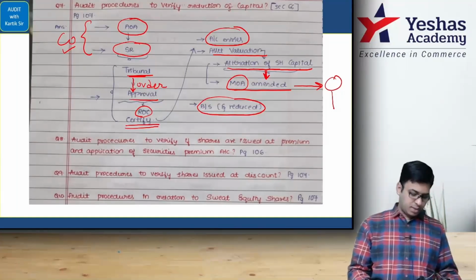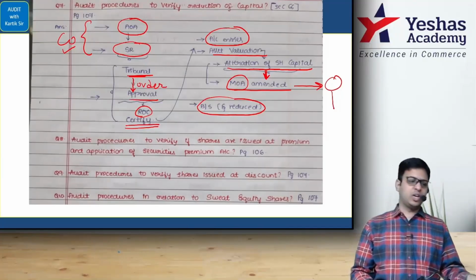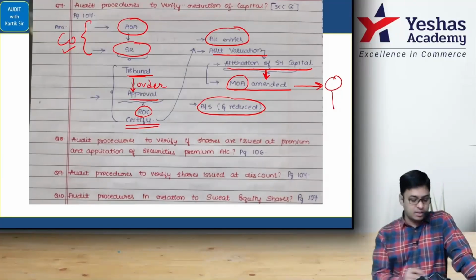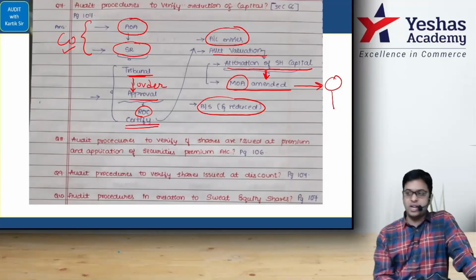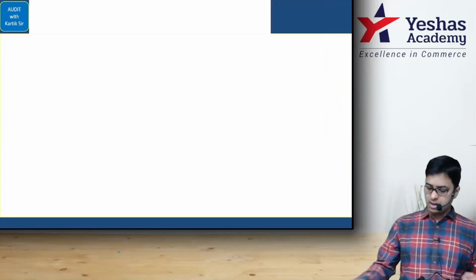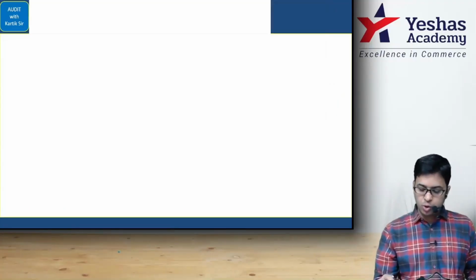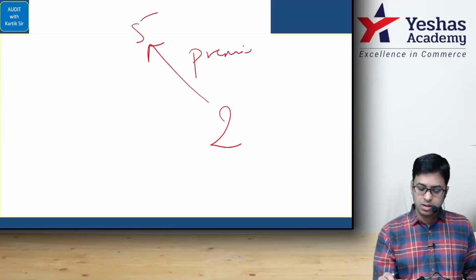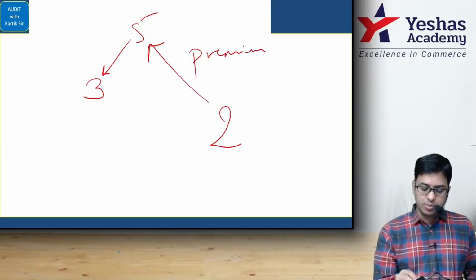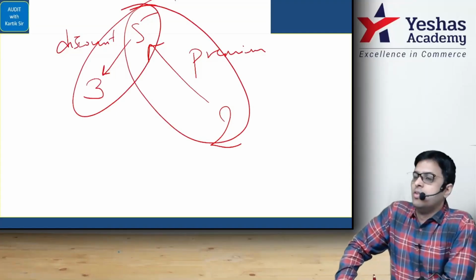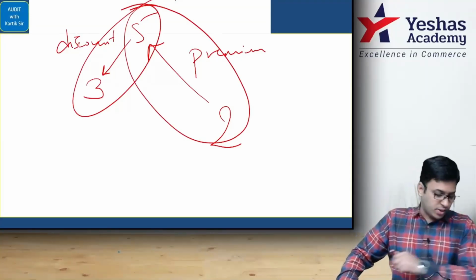Then go to the same page 106, where you'll see below, share issue at discount. Let's read together only, then we'll write the question. Share issue at discount, underline section number 53. Premium is 52, discount is 53. How do you remember? Very simple. An item of 2 rupees, you are selling it for 5 rupees, you are selling it at a premium. An item of 5 rupees, you are selling it at 3 rupees, you are selling it at a discount. 52 premium, 53 discount. Very simple.